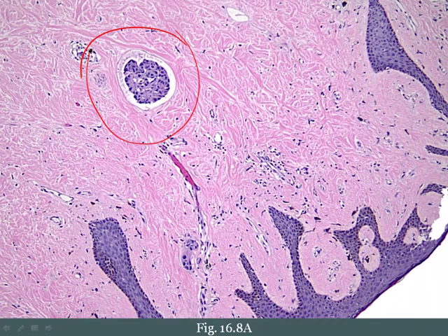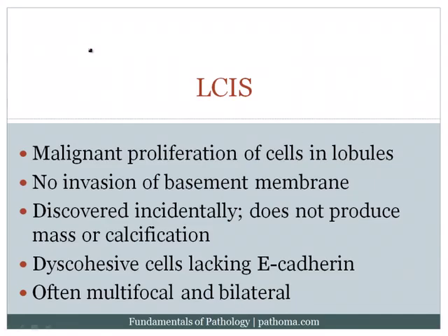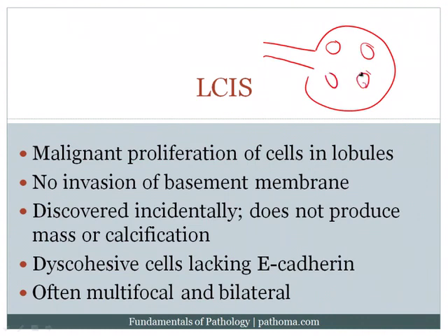Now, after we've completed the ductal types of cancers, we then go to the lobular types of cancers, and let's remind ourselves that I said that if this is the terminal duct and this is the lobular unit, and you've got all of these little glands within the lobule, if you get a malignant proliferation of cells within the lobule, then we call that lobular carcinoma in situ. And if you get a malignant proliferation of cells that invades, then we call that invasive lobular carcinoma.